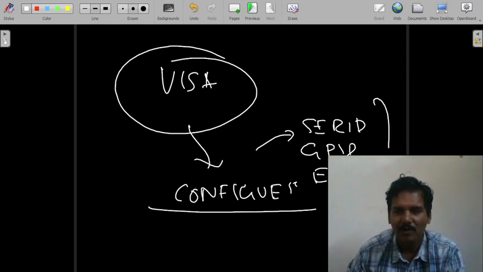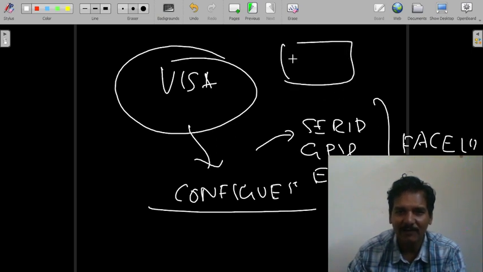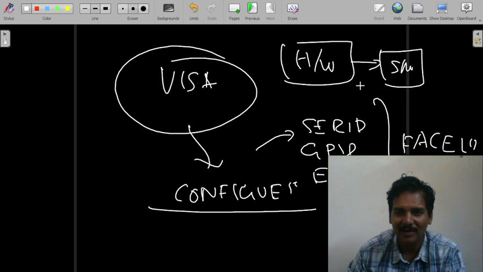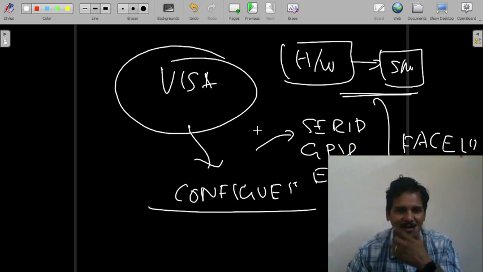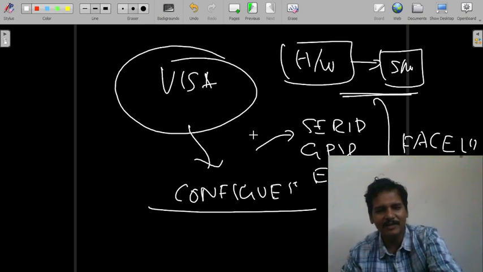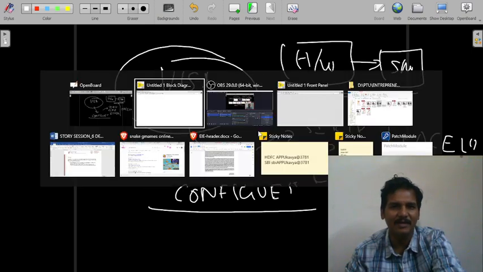provided all these are faceless instruments. What I mean by faceless is I have a naked piece of hardware, and I'm just going to control it with the software. As long as this condition is met, we can use this same program with any kind of hardware. That's the basic idea. Now we'll come back to our LabVIEW and see how this is done.